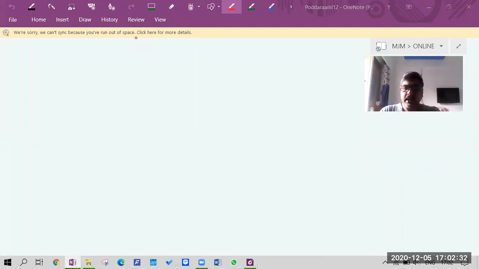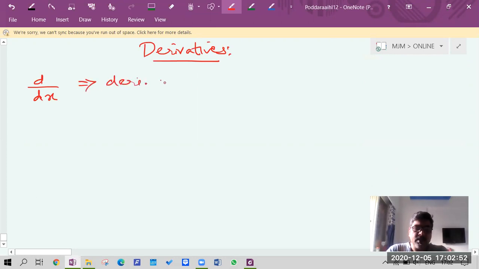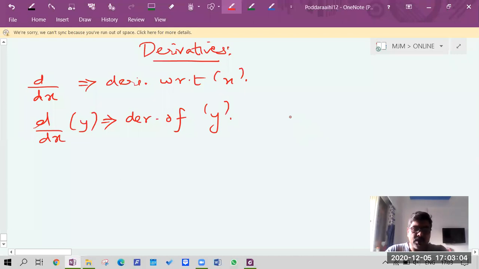Okay, now to start with, we're talking about derivatives, right? Derivatives. Now, what does derivative mean? When we say d by dx, simply the symbol, it means derivative with respect to x. So if I write d by dx of y, it means a derivative of y, where y is a function with respect to x. And when we write dy by dx, it means change of y with respect to change